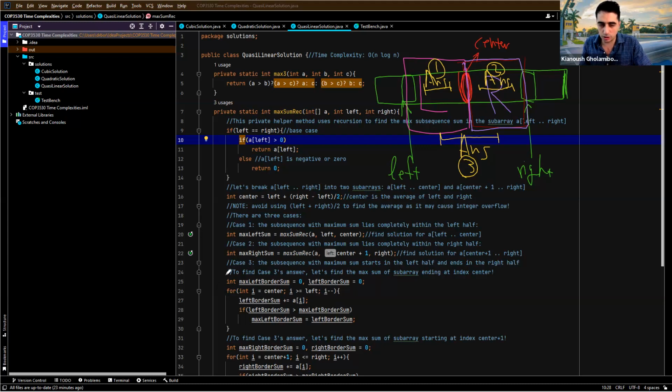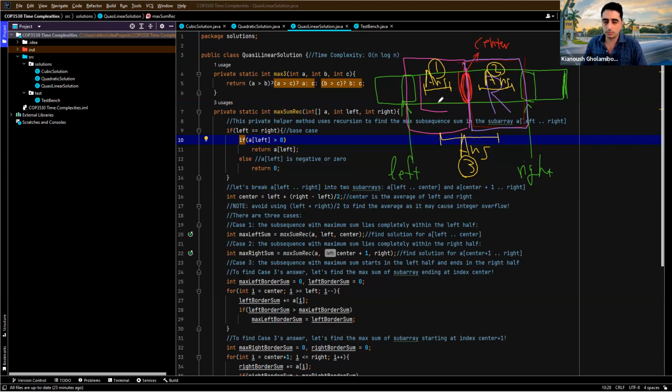To answer that, we need to basically use two for loops. The first for loop finds the maximum sum of a subarray ending at index center. So the first for loop assumes that the answer starts somewhere here. We don't know exactly where, but somewhere within the left subarray, between left and center,